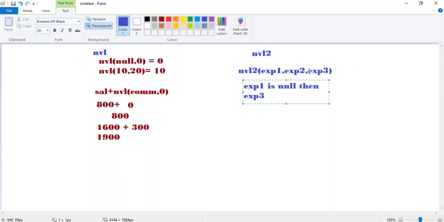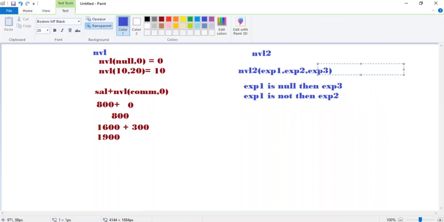How will it be? Let's take one example here itself. NVL of null comma 20 and 30. When the first expression is null, then it will return the third expression, right?